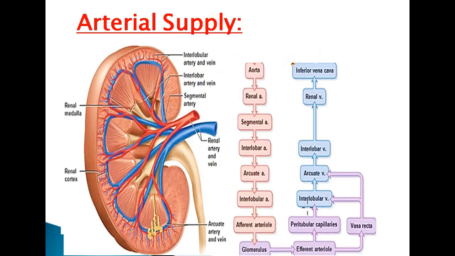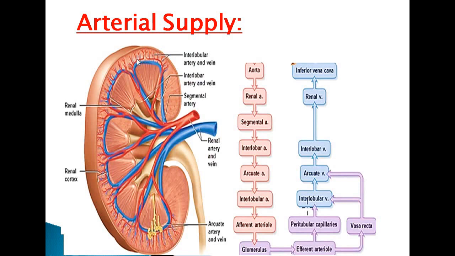So the renal artery, a branch of the abdominal aorta, is divided into 5 segmental arteries. Each segmental artery will divide into a lobar artery. A lobar artery is given for each lobe of the kidney, which is formed by the renal pyramid along with the overlying cortical arch. That lobar artery will divide again into 2 to 3 interlobar arteries which run in between the renal pyramids. At the base of the renal pyramid, the interlobar artery divides dichotomously to form the arcuate artery. So this is the arcuate artery.